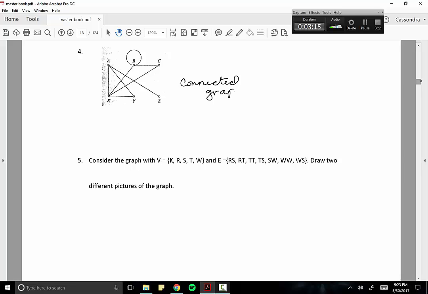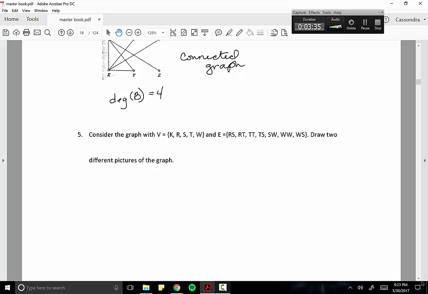I would also like to draw your attention to the degree of vertex B in this problem. A loop always will contribute 2, so the degree of vertex B here is 4. That is something you absolutely need to remember. Problem 5,